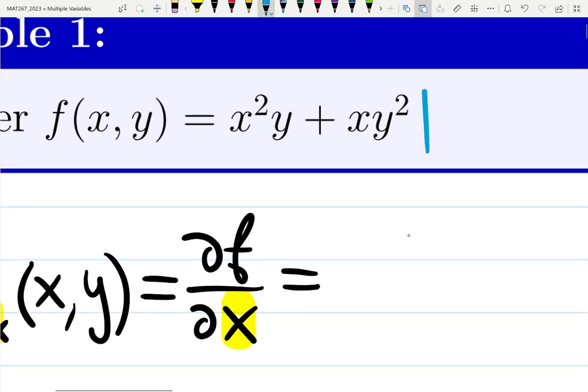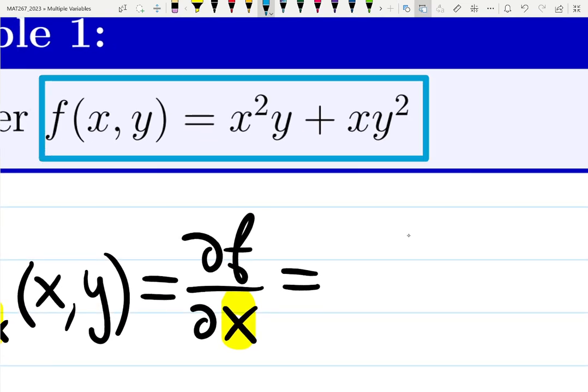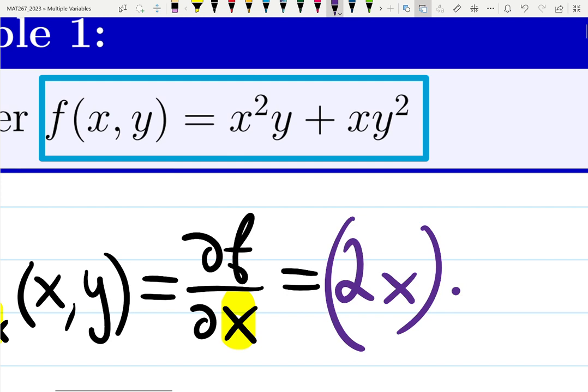Here it is. I'm staring at it and telling my brain, okay, x and y are both variables. But right now, for this partial derivative, y is a constant. How cool is that? Sometimes people assume y equals 100 and that makes the brain see it easier. Y equals c, a constant. I don't do it. Somehow in my brain, I just stare at this and see y is a constant, not important. X is a variable, important. If x is a variable, the derivative of x squared is 2x multiplied by a constant y,